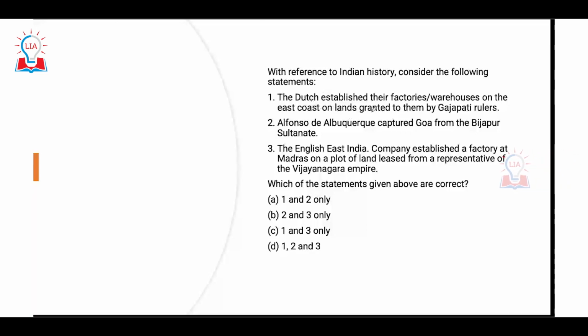Look at the statement 1. Dutch established their factories and the warehouses on the eastern coast of the land granted to them by the Gajapati rulers. See, this is a statement that looks fishy. Okay, why does it look fishy? See, Dutch entered India in the year 1605 to 1606. Okay, that's after Britishers. 1600 is when the Britishers entered India. So 1605 or 1606 is when Dutch entered India. And Gajapati rulers